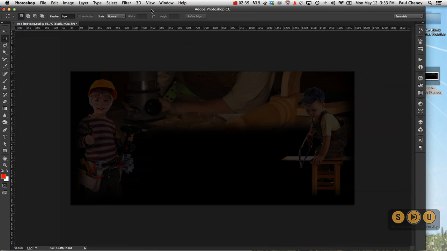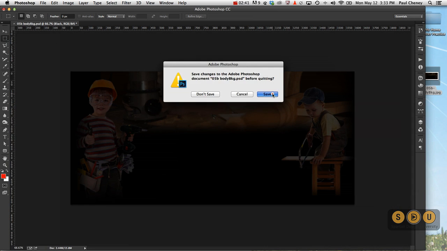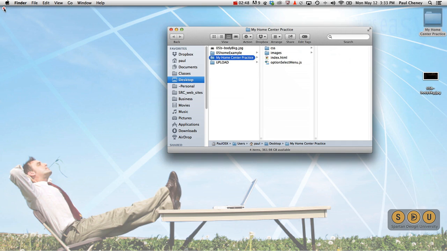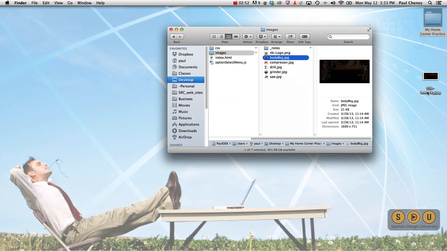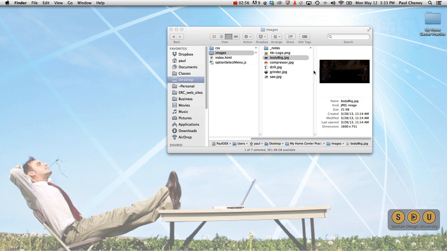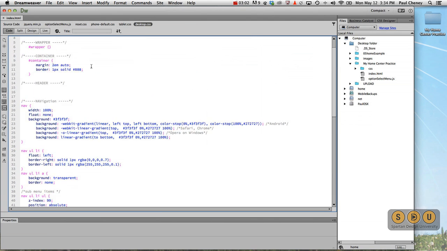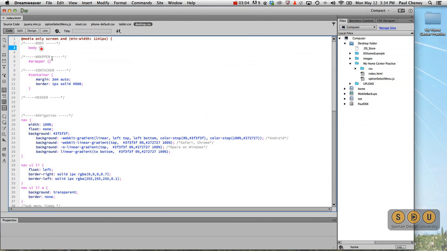Now, in my Home Center Practice folder, I have an images folder, and there's the body background that I just exported. It's the same as this one. So now I just need to put some CSS in my Dreamweaver file to make it appear. So I'm going to go to the desktop. Under the body tag,